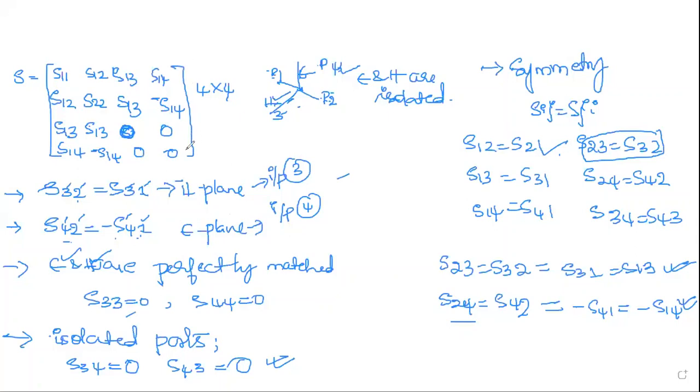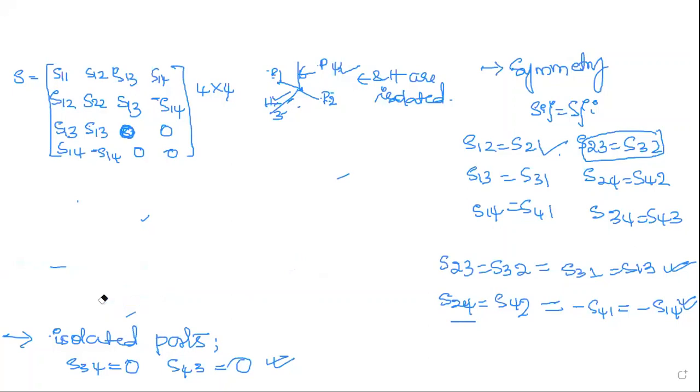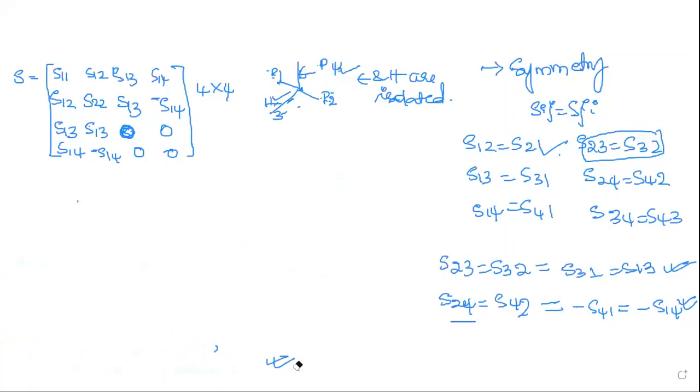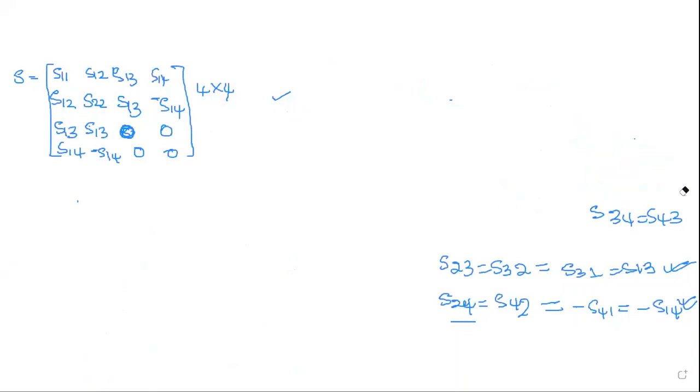So this is the updated S parameters. Is that okay for everybody? Apply the properties or characteristics, then update your S parameter. Now, after writing the S parameter, you have to again derive, applying same concept. What is the next step you have to do after getting S parameter? S into S conjugate is equal to unity matrix. Start doing S into S star, which is also equal to your unity matrix, which is 4 cross 4.